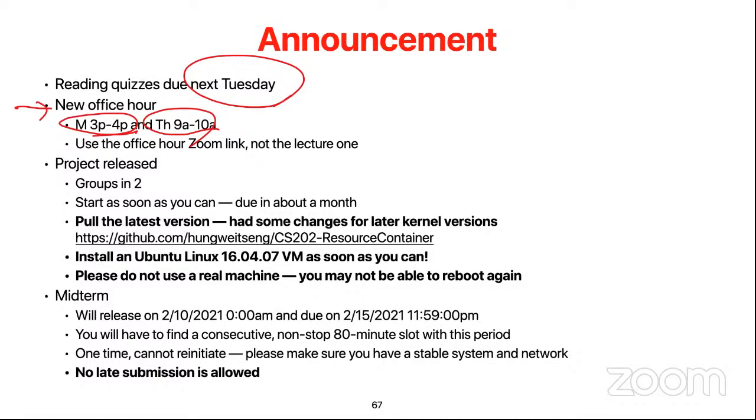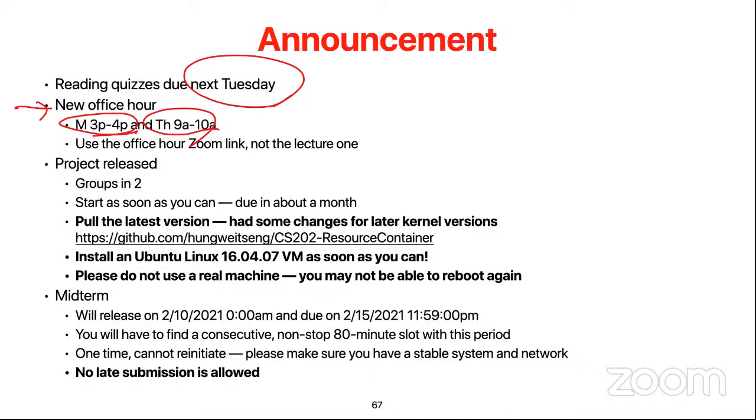The preview slide is only for you to take notes, and it doesn't mean anything. The official slide is the release slide. It's like the beta version and the release version. The release version is always the most authentic version, and it's always the most reflective version of the lecture content. Thank you for clarifying. Okay, makes sense. All right.